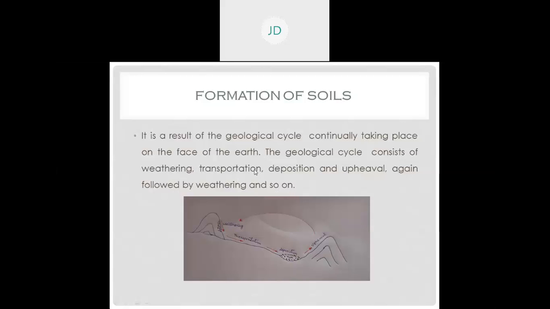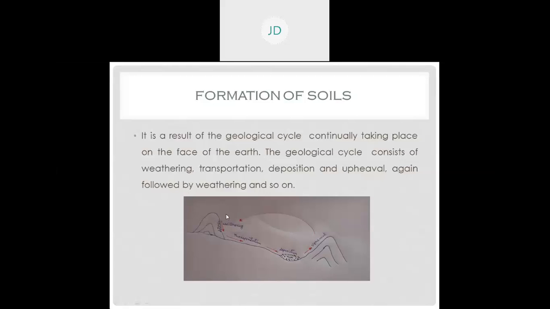Can you see this line diagram? Suppose this line is the earth surface. Now this structure, suppose this is a rock. Very long years back, there was a rock which is known as parent rock, existing at some place. Now, due to some weathering action, which I will discuss,